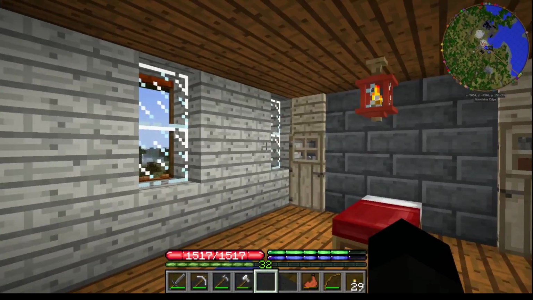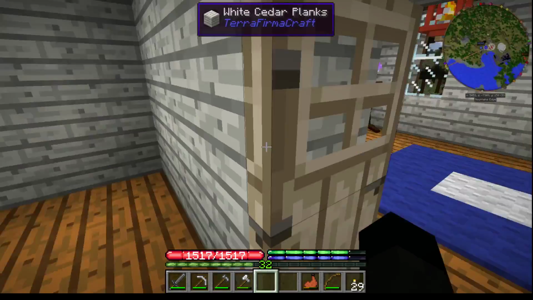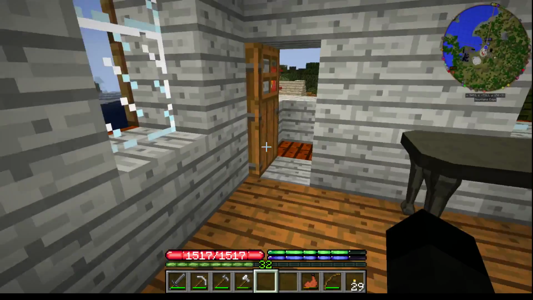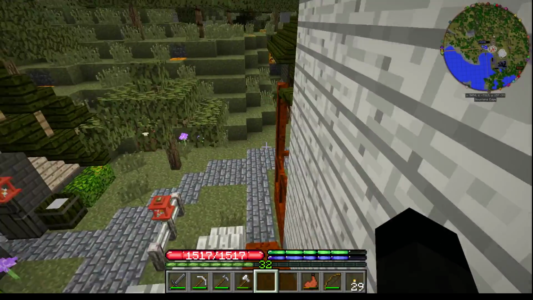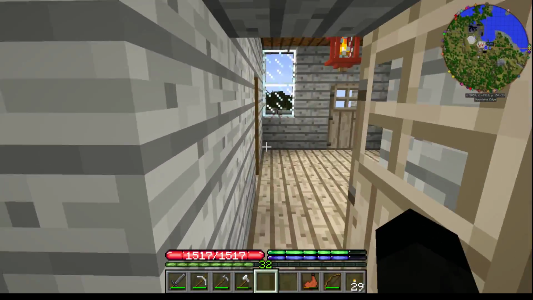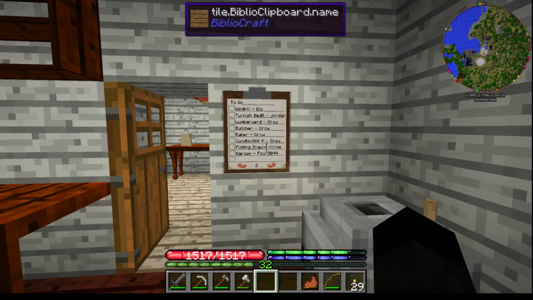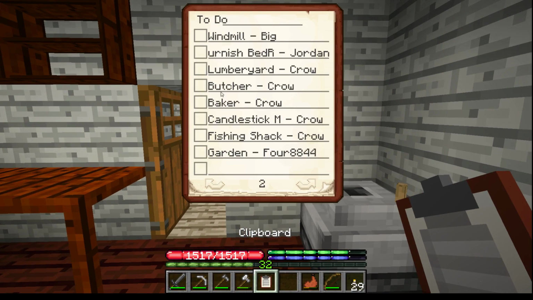And I think on that note, we are going to call the bedroom complete. Bedroom done. We have a room, and it's decorated amazingly. So we can head back in here. First things first, we want to grab this, and we had furnished the bedroom from Jordan, done. Now, I had a few suggestions from Crow and